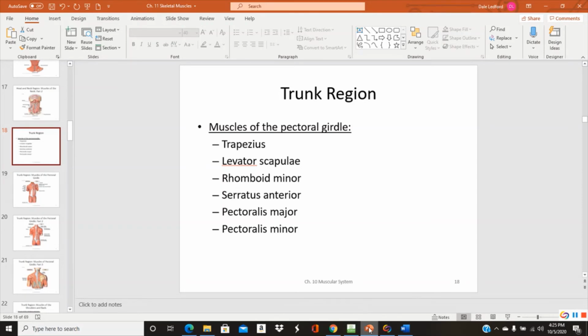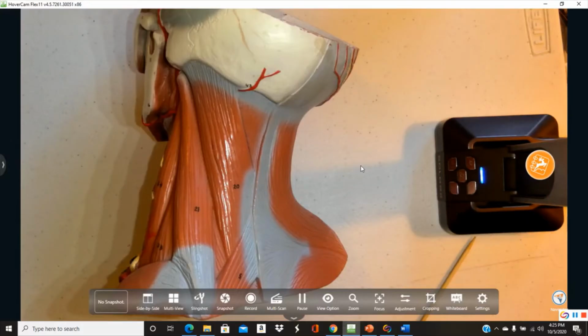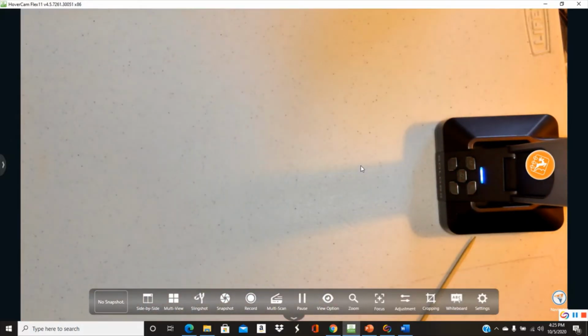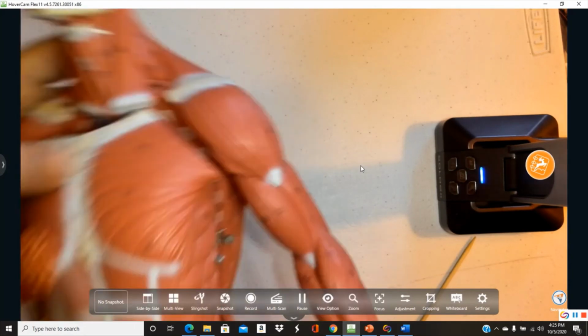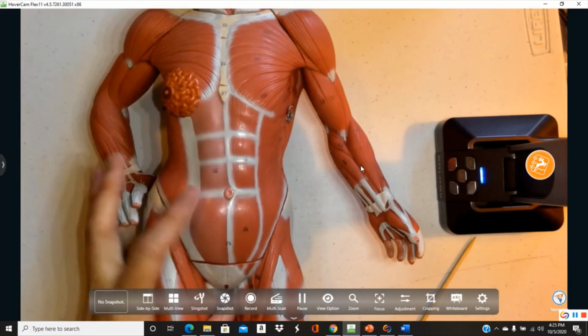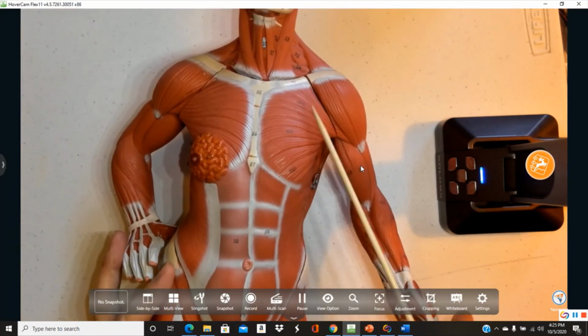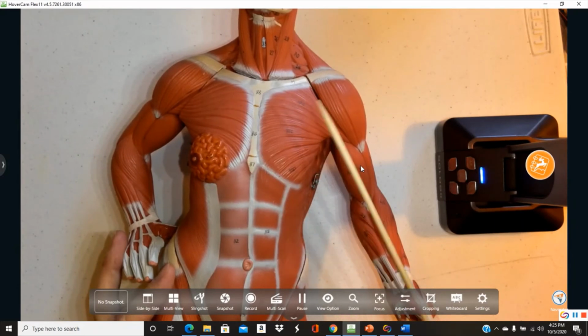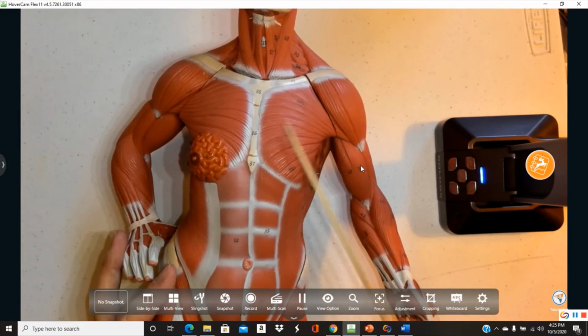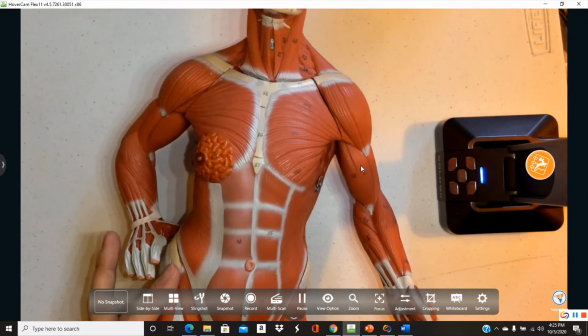Now, starting up with pectoralis major, where are we going to find that? Well, let's grab our little torso guy here again. Pectoralis major. Major means large or bigger. Pectoralis major are the two muscles that make up the bulk of the chest. The major is here. Now, that is the superficial one. Deep to the major is the minor. Now, the minor,